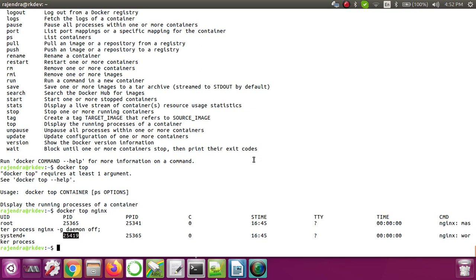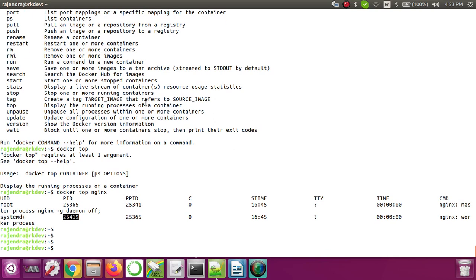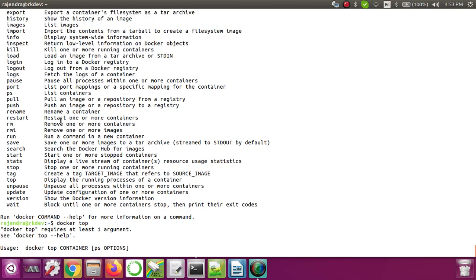If let's say you have 4-5 containers, and those containers are depending on each other, in that case you can wait for the other containers, see what the exit code of those containers is, and decide whether those containers successfully exited or not. Now I think we have covered all the required commands.